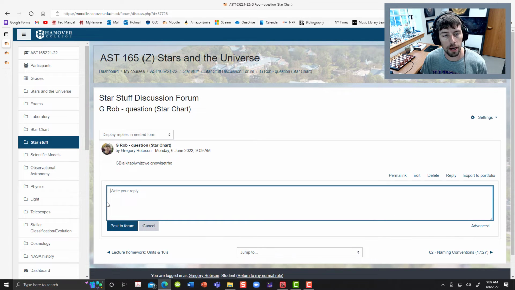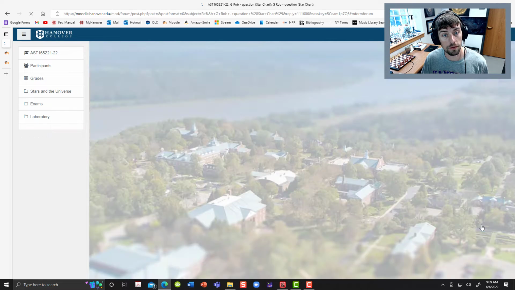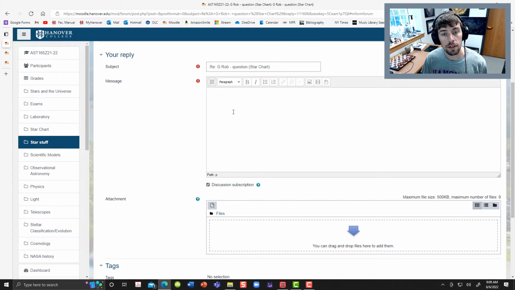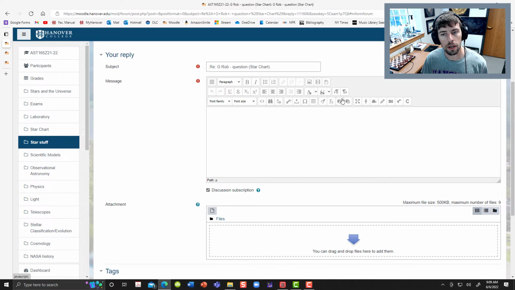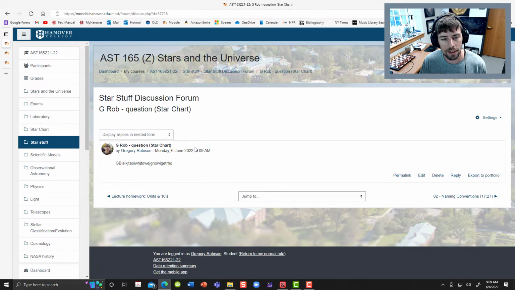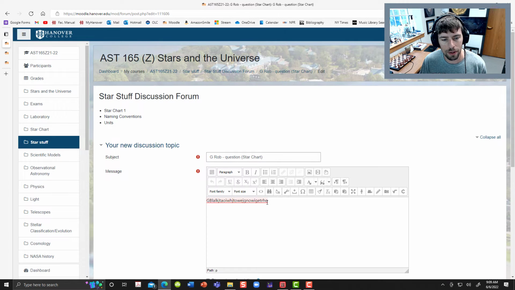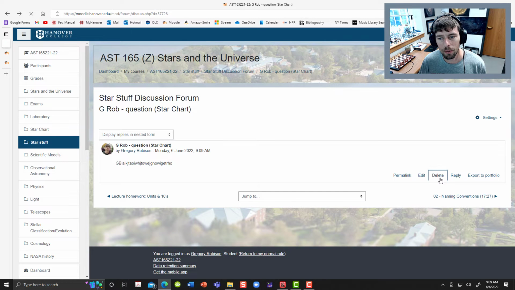There's other examples. So if you prefer to reply, you can do it typewritten. If you prefer, you can even go to advanced, and you could do things like record a video or take a picture or record a video. If you're not the kind of person that likes typing, but you would rather have a visual or an audio for that matter, you can use your webcam and record a short video as a response. That's perfectly fine as well. Okay. So let's cancel that. I'm going to delete that because you don't want that there. Oh, we don't want that